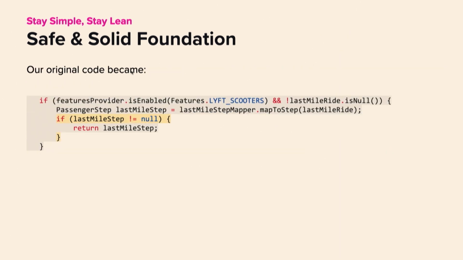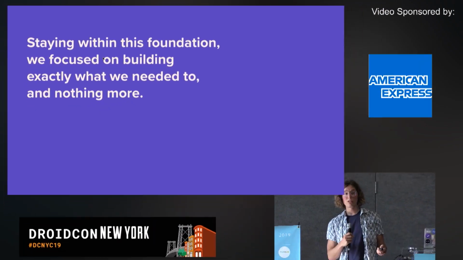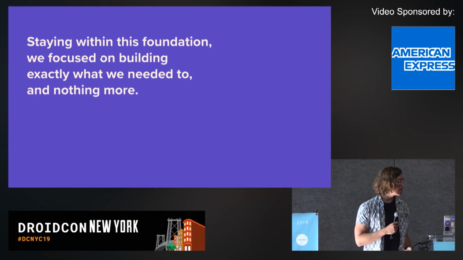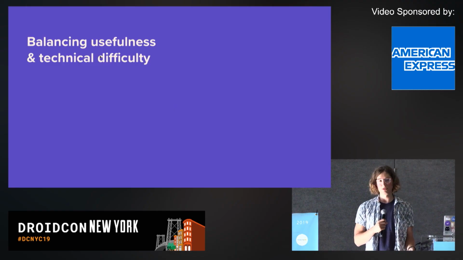So for this, we ended up just having a null check when we navigated to our feature, and we knew if it was null, we had not loaded anything at all, do not take any action, and we could reason this was going to be safe, which is cool. So now we have this super safe foundation to start building, but we haven't really decided exactly what we're going to build. And I think this is all about how do you balance usefulness with technical difficulty.